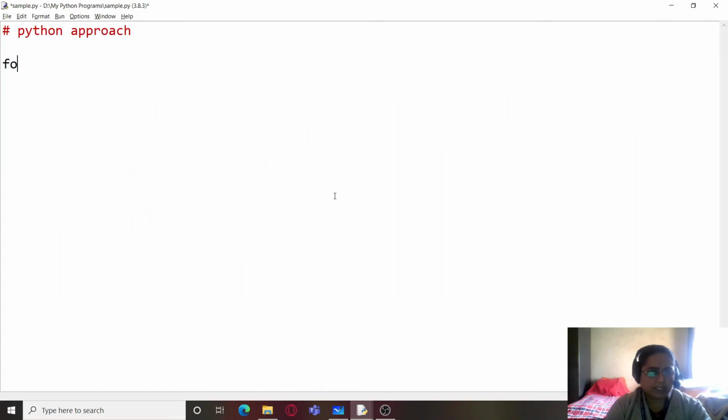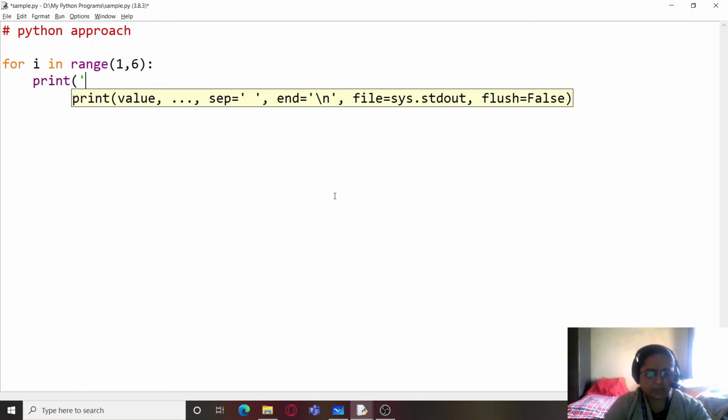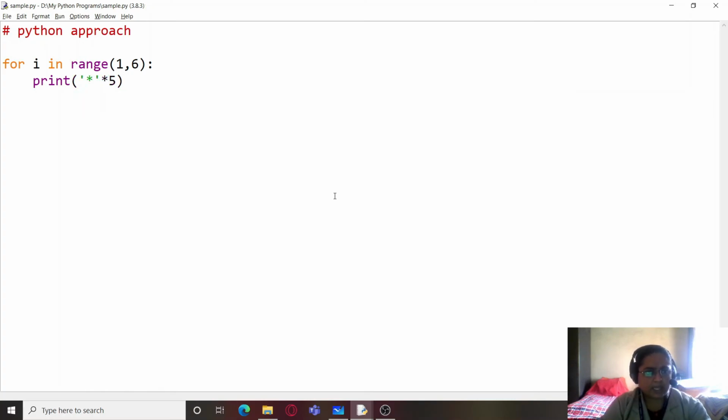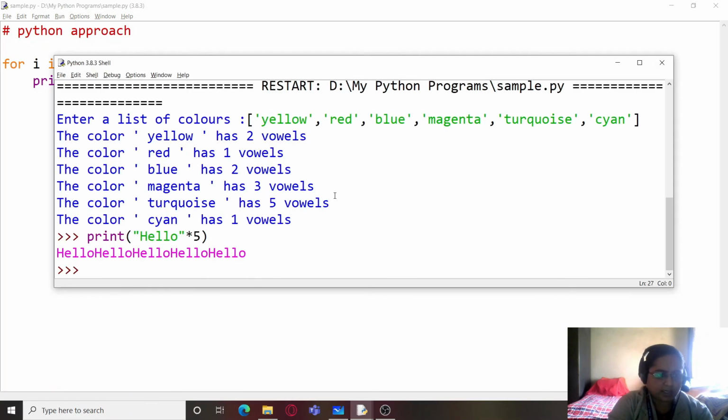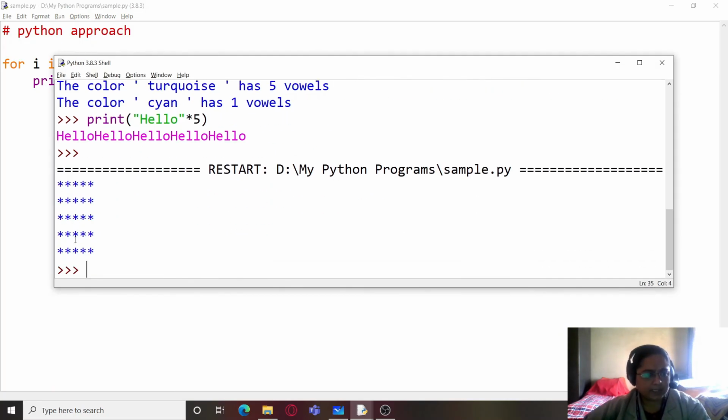So this would be like this: for i in range, I'll take 5 over here because it will take the values from 0 to 4, which is actually 5, or you can also take alternatively 1 comma 6, and print asterisk into i into 5.